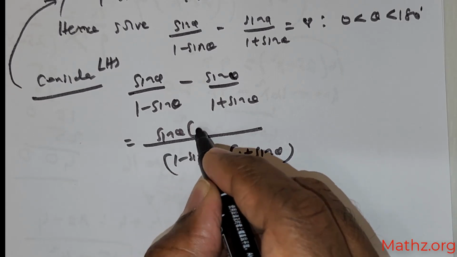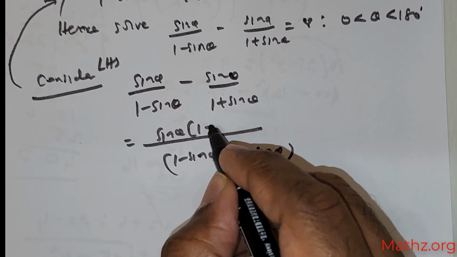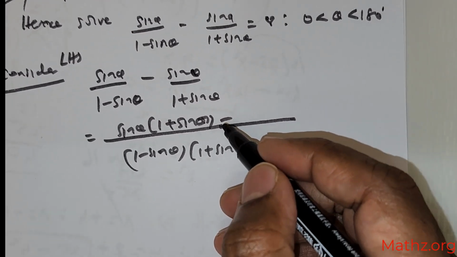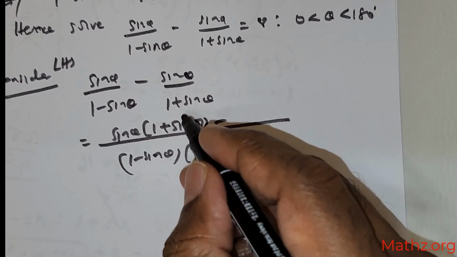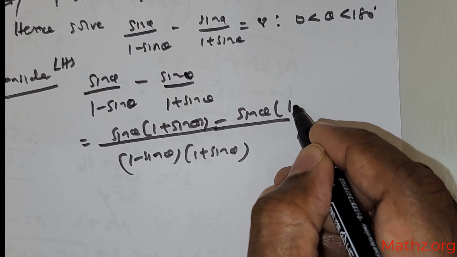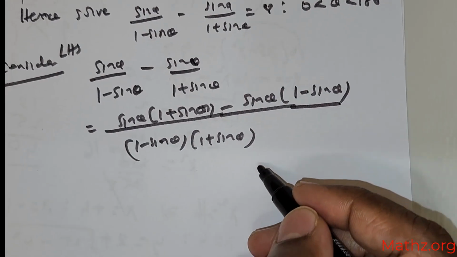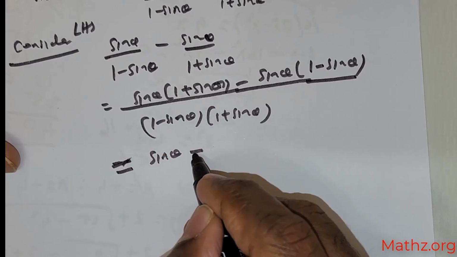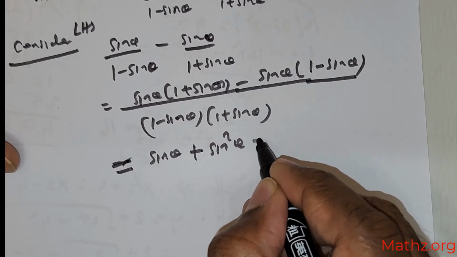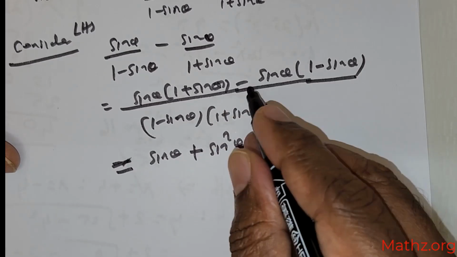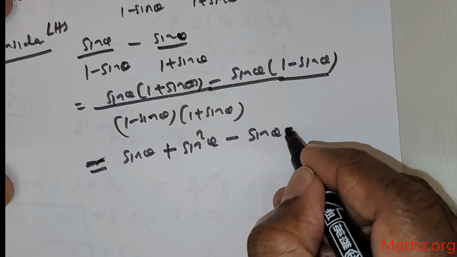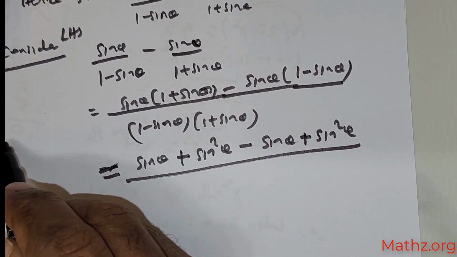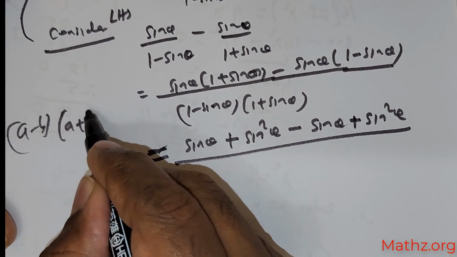So this is going to be sine theta times 1 negative sine theta. The 1 negative sine theta terms get cancelled, giving me 1 positive sine theta. You have a negative sign. In the other term, 1 positive sine theta gets cancelled, giving me sine theta times 1 negative sine theta. Distribute sine theta: sine theta times 1 is sine theta, sine theta into sine theta is sine squared theta, sine theta into negative sine theta with a negative sign there gives you positive sine squared theta, divided by, now a negative b multiplied with a positive b would give you